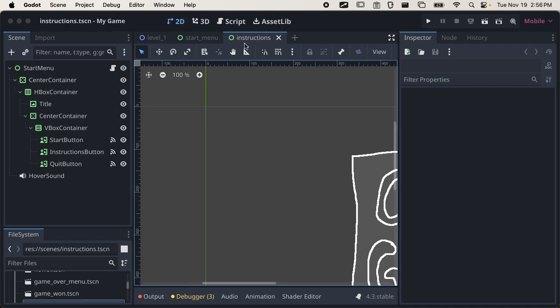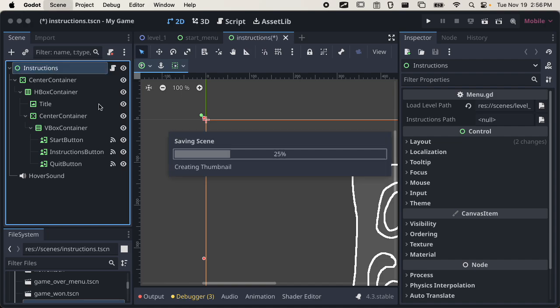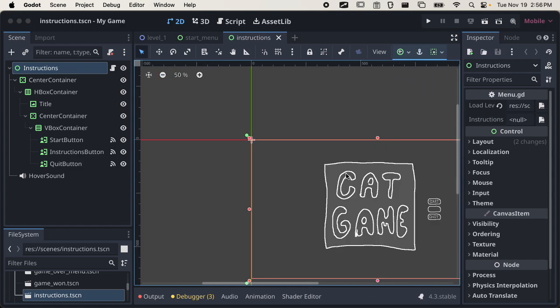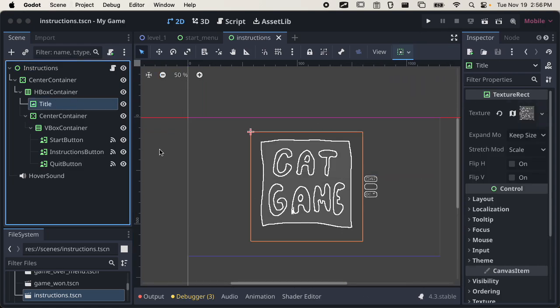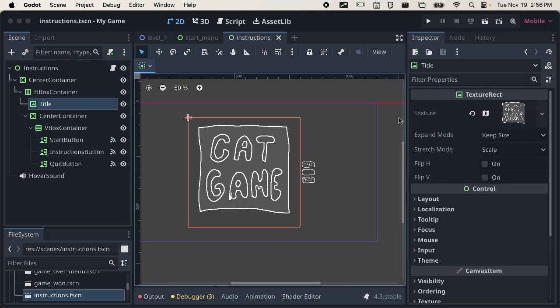So I have my instructions menu open. I'm going to change the name of the main node. I'm just going to change that to instructions. And then I've got this graphic that says cat game in the middle. I'm just going to go to that title, and since I have it on the same sprite, you can throw another sprite in here, or another image,